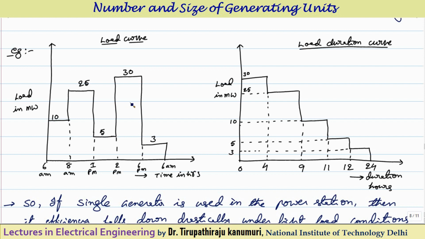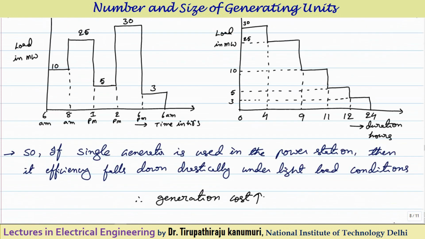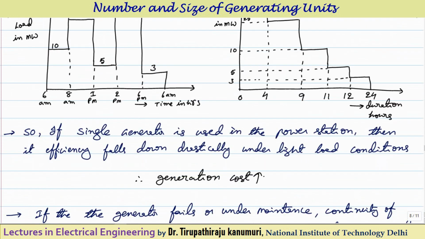So before proceeding further, let us see the advantages and disadvantages of going for a single generator. If you go for the single generator, the advantage is that only one generator will be there. So in order to operate it in your power station, only one person, one operator, is sufficient to maintain it. And second, as a single generator is there, the associated auxiliary equipment will all be single units only. So it will be simple and very easy to manage.